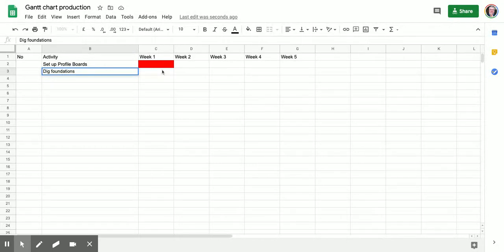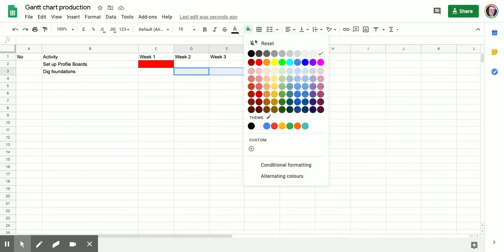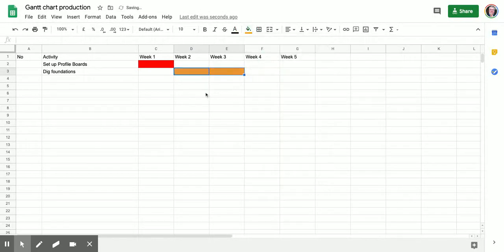And here we can say we're not going to start this till week 2 or 3. In fact, I think on a job like this, we're going to take 2 weeks to dig out a foundation to the right depth, and depends on what we're doing, the sort of construction we're doing, but hey ho, this is just a simple footing. So I'm going to fill that, and I'm going to make that brown because I want it to be a different color. So easily now I can see the first week is going to be setting up the profile board